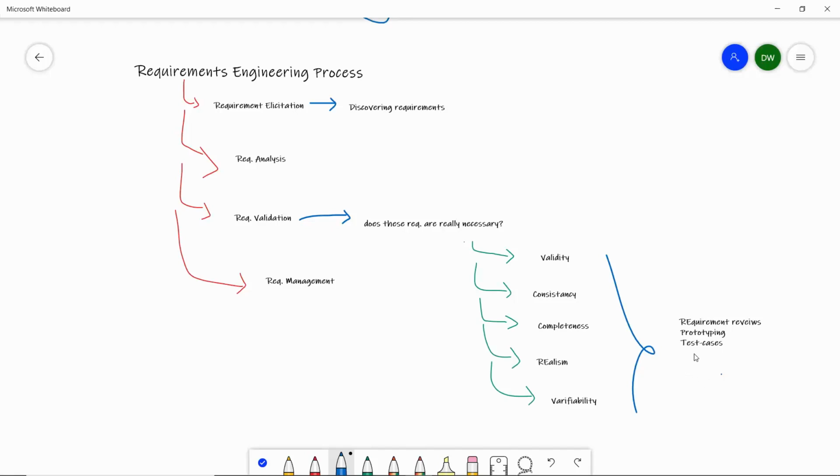You can mark input as well as expected outcomes, right? So if expected outcomes are not there, that means you haven't properly gathered those requirements, right? So those are the stuff that comes under requirement validation. Right, and finally, requirement management means managing your requirements, because requirements can be changed time to time, right? So we are in a changing environment. So when we are in a changing environment, requirements also can be changed, because I told you that